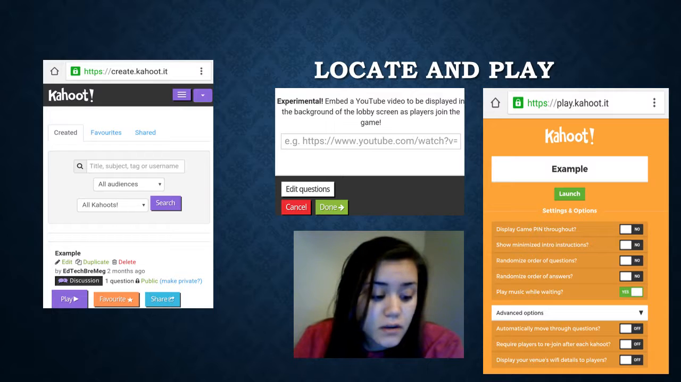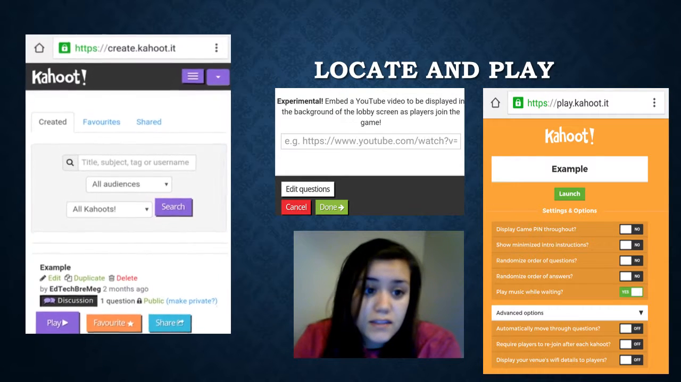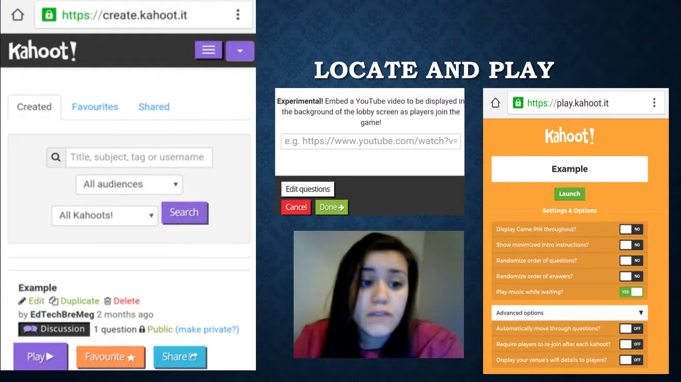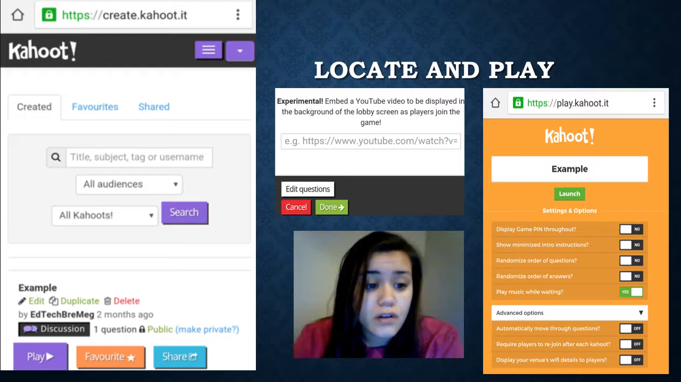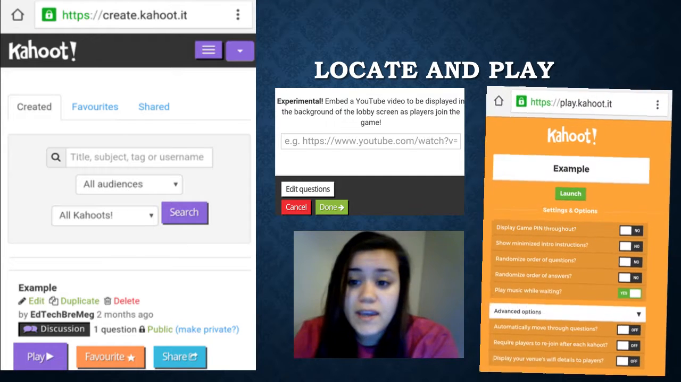Then navigate to the Kahoot page, right-click in the URL box and click Paste. Then you would click on Done, and this is the screen you would see when you're looking for your Kahoots. You can search by title, subject, tag, or username, and then choose which audiences it's available for, or search all Kahoots. On the bottom, you'll see it's displayed where you can click on play, and this is the screen you